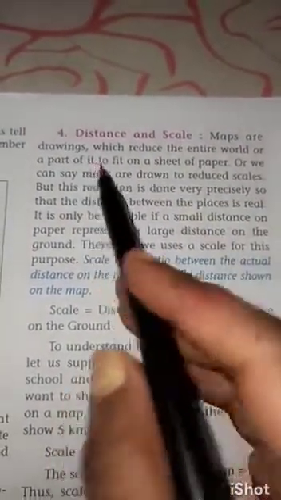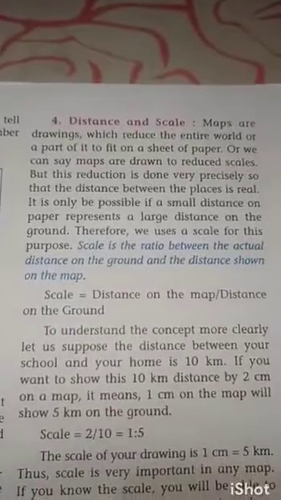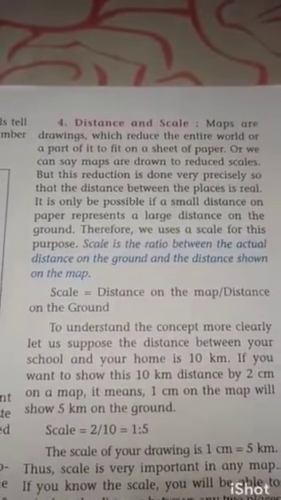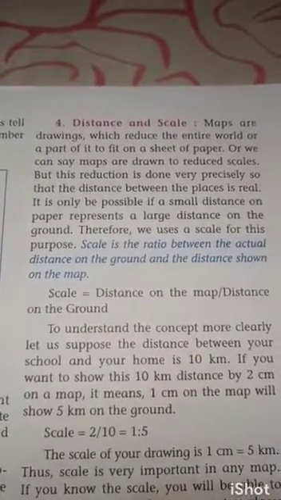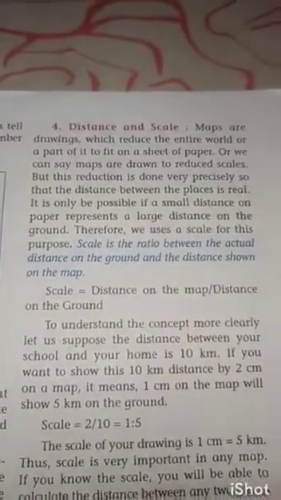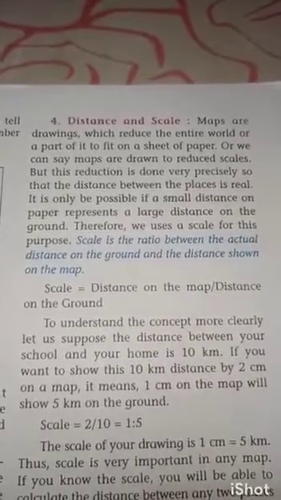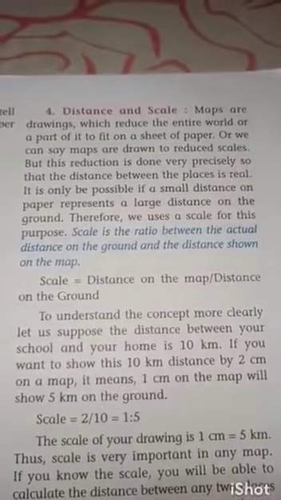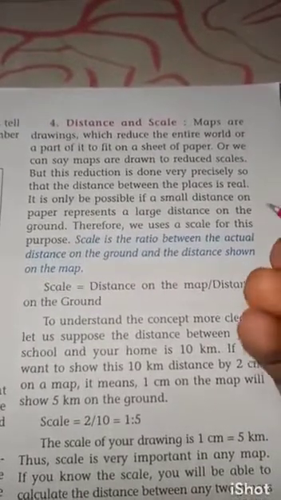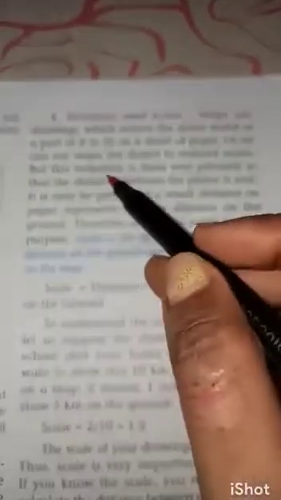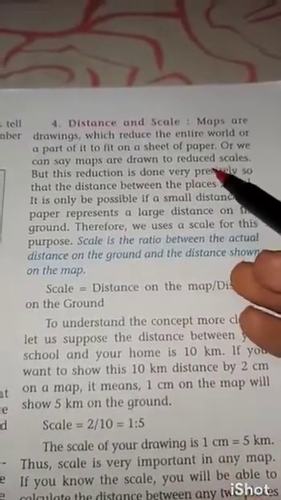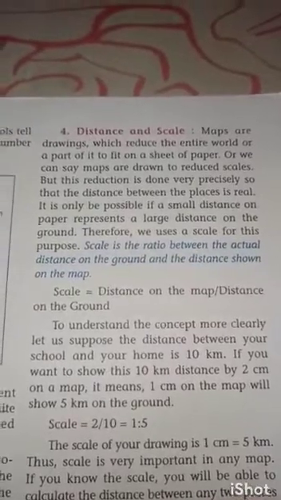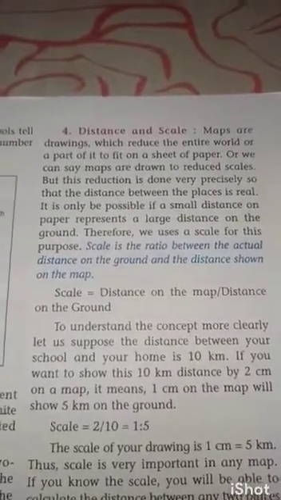Maps are drawings which reduce the entire world, so big as our world is, or a part of it, to fit on a sheet of paper. On a map, this whole world is represented in just a sheet of paper, right? Or we can say maps are drawn to reduced scales. Now why reduced scale? As the scale is the ratio between the actual distance